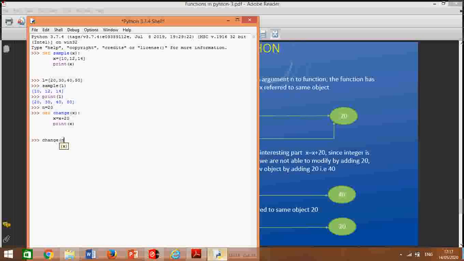I pass the value of n, answer is 40. So when I say print n, what is the answer here? 20. That is again because n is immutable, so I cannot change it. x is a reference of n first, then I want to change that reference, so it is not possible. So an immutable cannot be changed in the function, it remains the same outside.